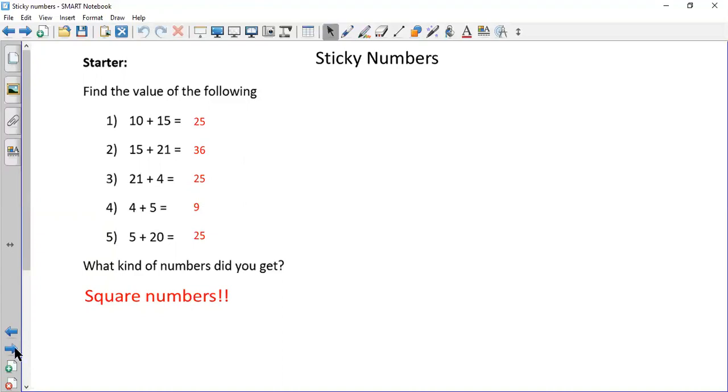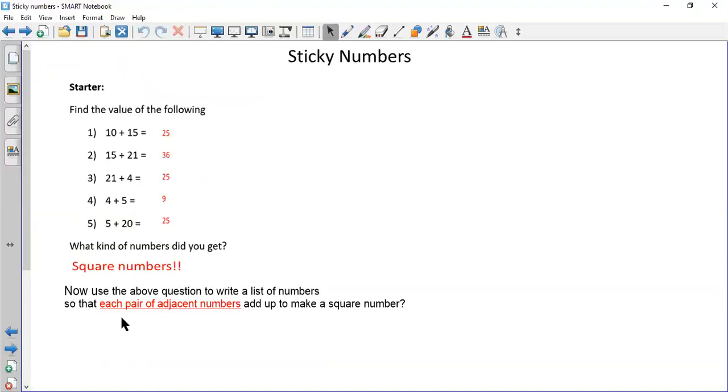Now, the task is to write down, for example, you can use the above question because that's how I got it. So use the above question to write a list of numbers so that each pair of adjacent numbers add up to make a square number. So for example, if I want to now write down square numbers here, what I will do is I will be writing 10, 15, 21, 4,